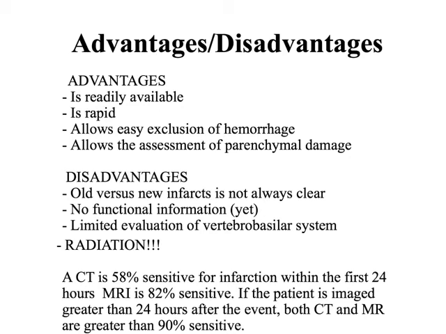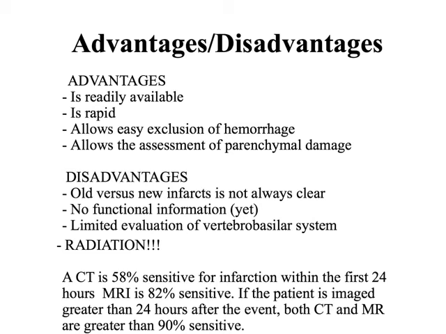There's not functional information, so that's really difficult for us to evaluate. We have perfusion scans, but those aren't typically routine for this kind of thing. And then we have a limited evaluation of the vertebrobasilar system. It's very difficult, due to beam hardening, to see through the base of the skull and evaluate exactly where, for instance, the carotid artery enters. A lot of times it's obscured by anatomy and beam hardening. And then of course radiation is a